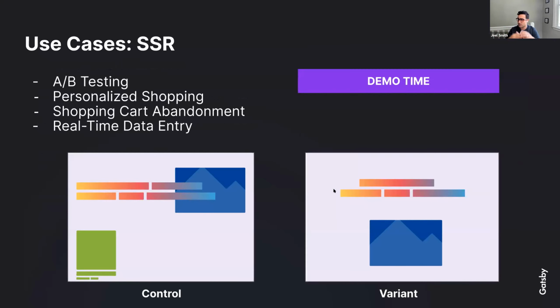When we send out the slide deck, there'll be some linked docs to learn a little bit more, but you can go check out our docs now, and there should be some updated pages there for you to check out. So some of the use cases as we've played through, and if you followed along with our Gatsby demo days that we talked about on Twitter last week, you'll see we worked through some of these interesting use cases that you might have for SSR: A/B testing, personalized dashboards, shopping cart abandonment, so rendering that based on the user's information at the time, and also real-time data entry to be able to sync that to the server and report back.